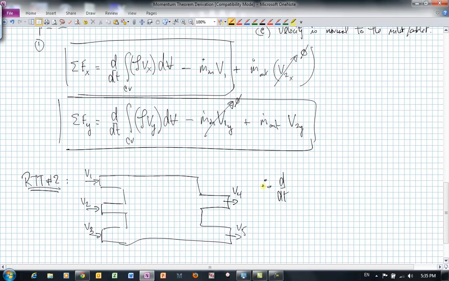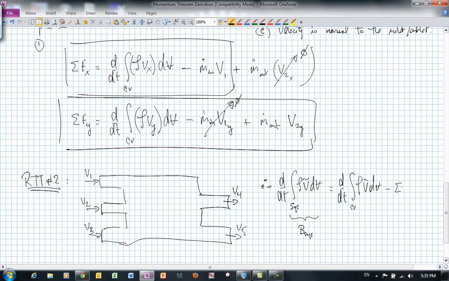Okay, so in the RTT form number 2, we're looking at the rate of change of the momentum over the control volume. Over the system. So over the system volume. So this is just B sys is equal to the rate of change of the integral over the control volume of the same thing